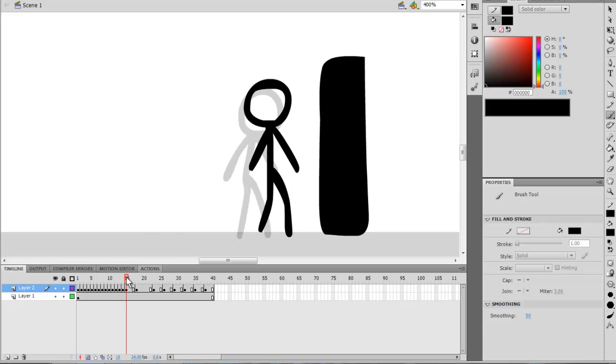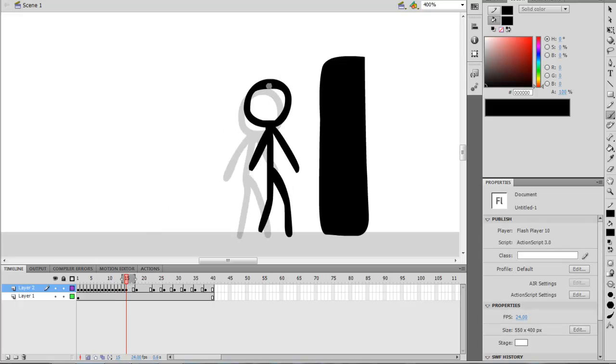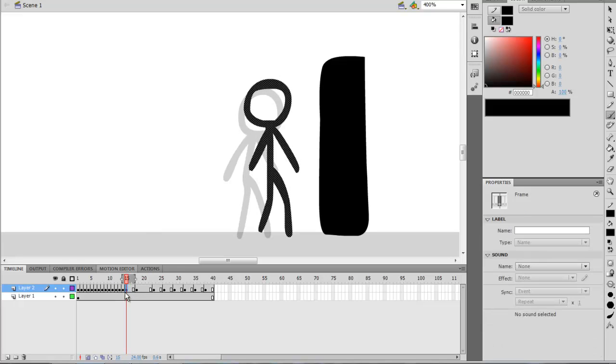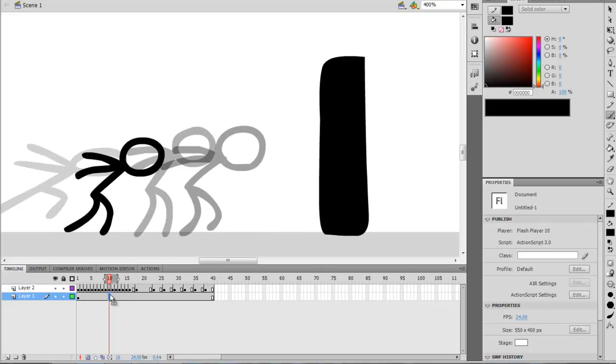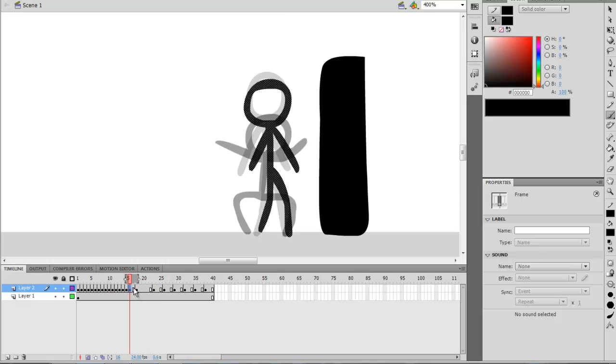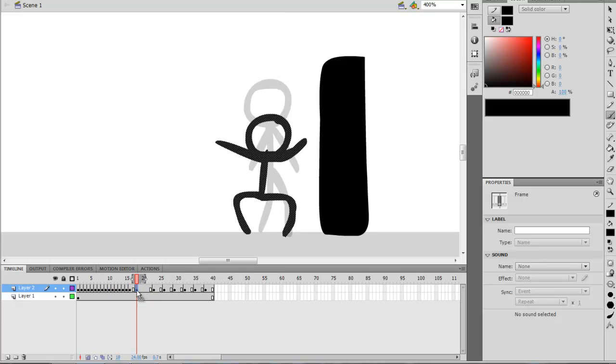Okay, so we want to give him some overshoot, so I'm going to move this frame over and then add an extra frame where his head is actually taller than he actually is. See how that looks. Yeah, it looks good. And so this frame we're going to move over so he has time to go down into that pose, and we're going to